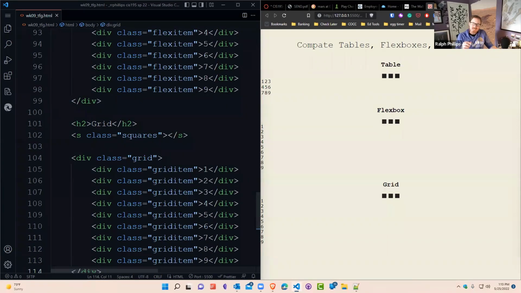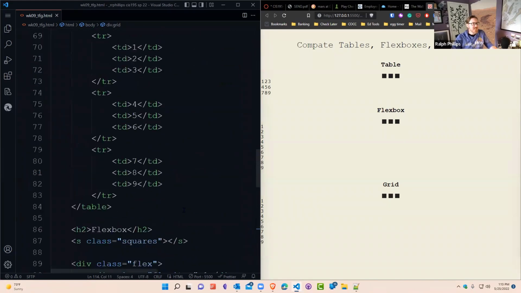Now, just because I'm talking about these 3 elements, and we're all practicing these 3 kinds of elements, I don't want you to leave class today thinking that one of these is the best in all situations. They all have their pros and cons. And sometimes you don't know which one is best to use until you're faced with some project where it seems most appropriate to use it. So just because Flex and Grid are the newer techniques, especially for web page layouts, that doesn't mean that tables should never be